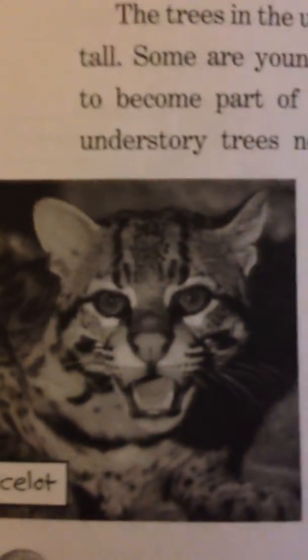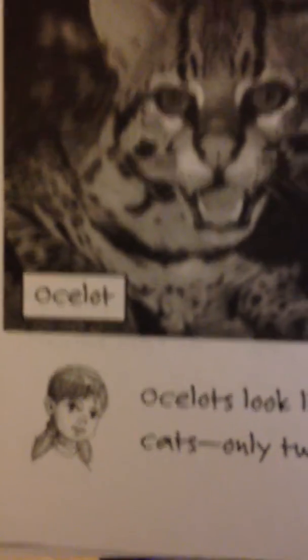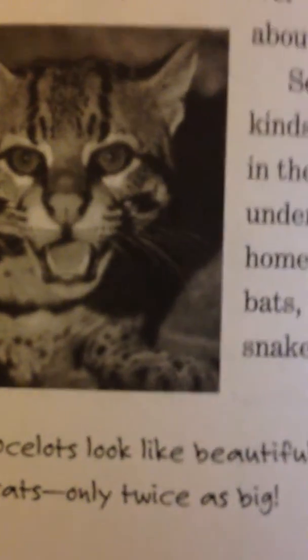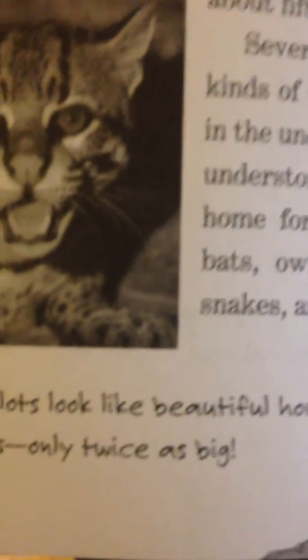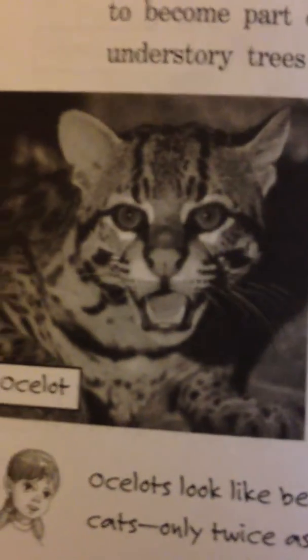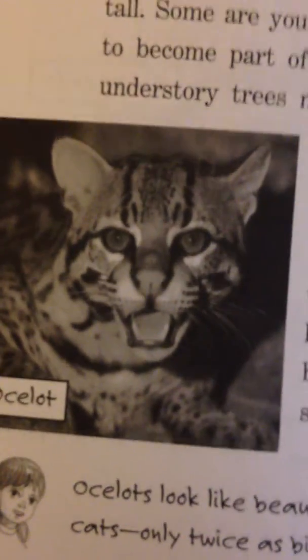Oh, and here is a picture of an ocelot. And let's see what Annie is telling us. Ocelots look like beautiful house cats, only twice as big. They do kind of remind us of a house cat, don't they? They kind of look like our pets. Okay,